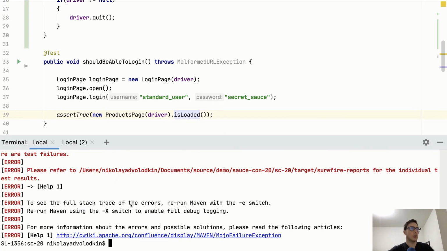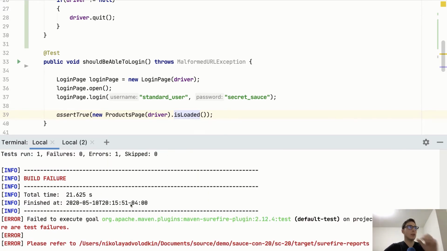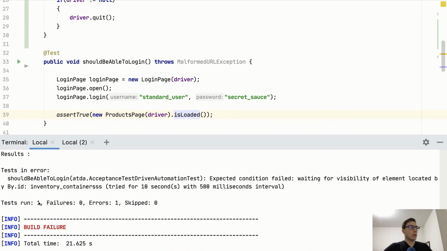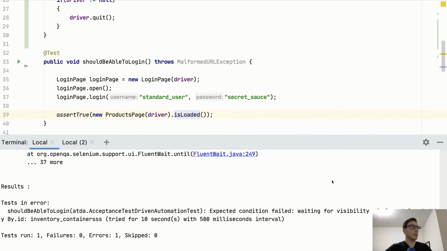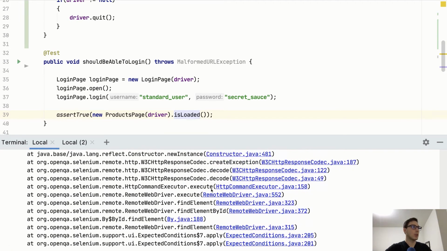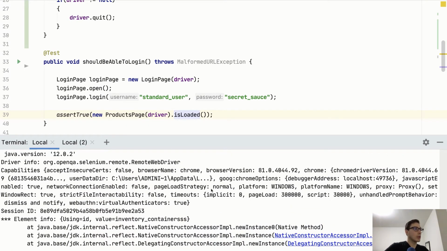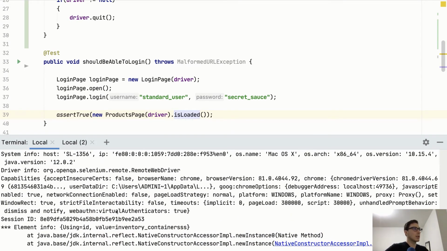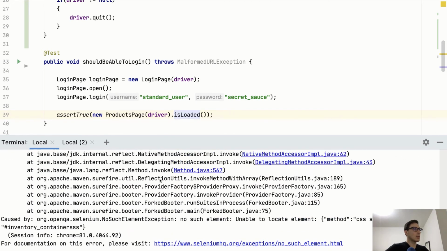And there it is. Okay, so look, you can see failure, red, right away usually means failure. So one test run and there's an error. Let's take a look at this error: test in error, expected condition failed, waiting for visibility of element located by inventory containers, tried for 10 seconds with 500 millisecond interval. So, that element wasn't found, I guess. Let's take a look here. Furthermore, we're looking into the stack trace. Looking here,